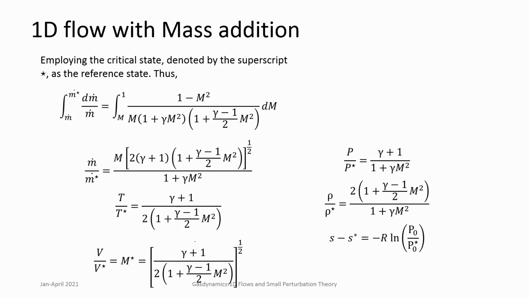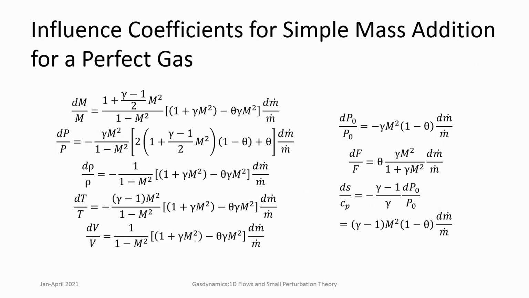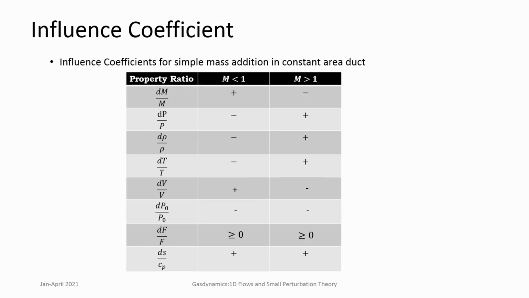So you can plug all of them, and then look at integrating this with dm dot by m dot as the driving parameter, and similar to all other cases you can also have the star point, which is the reference point, and you can get closed form solutions for mass addition also. So let us directly go and look at how mass addition affects various parameters